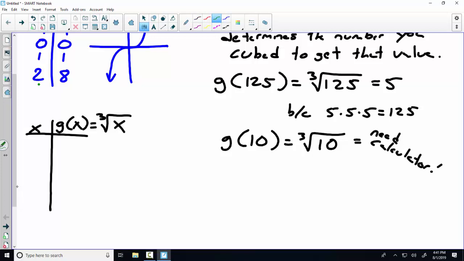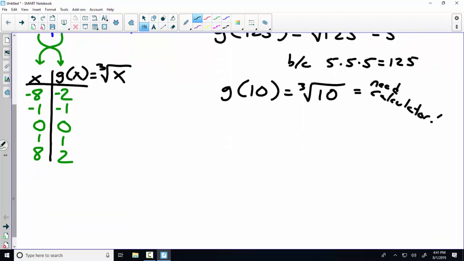You just switch the columns for the x and y values. So over here we're going to have -8, -1, 0, 1, 8. Over here we're going to have -2, -1, 0, 1, 2. Just like that. And this creates a graph